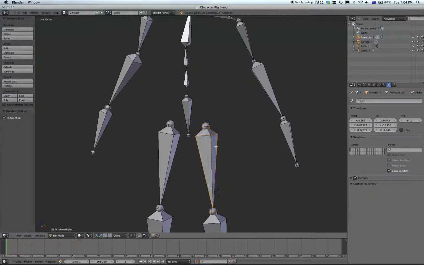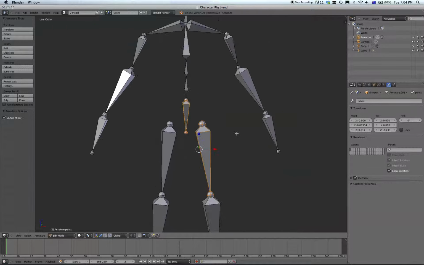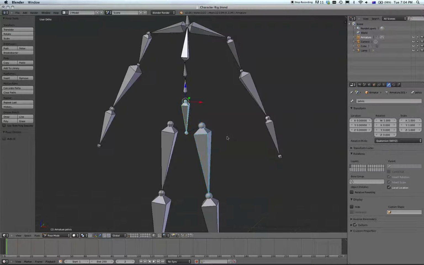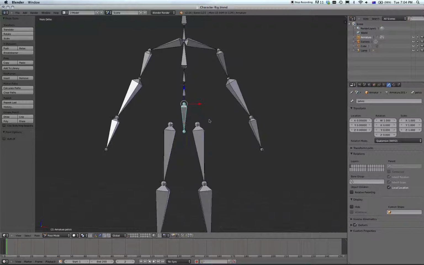And so we always select the child first and the parent last, same as when we're binding, whenever we're creating a parent-child relationship, we select the child, then the parent, control P, and keep offset. And because we've got x-axis mirror on, it's done that for both legs. Now, if I go to pose mode, and I rotate that bone in the middle, everything works with it. Okay, so